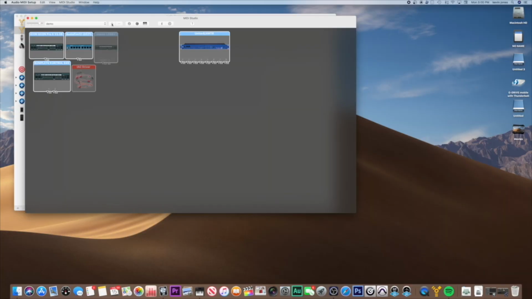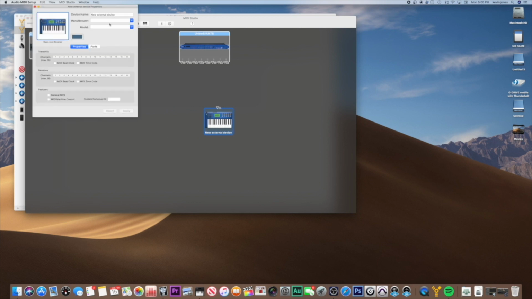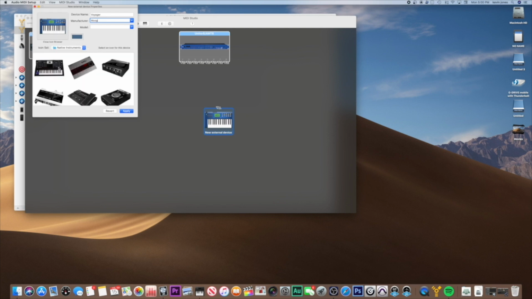We're going to click plus. Bring this over here, and this is going to be our first interface. Before we connect it, we're going to click on it, and name this Moog. And, well, it's a Voyager. And the manufacturer is Moog. And we're going to click MIDI beat clock on both, MIDI time code, general MIDI, and machine MIDI control, and hit apply. Well, actually, before you hit apply, we're going to click here, and I added a picture here because they don't have every picture there,